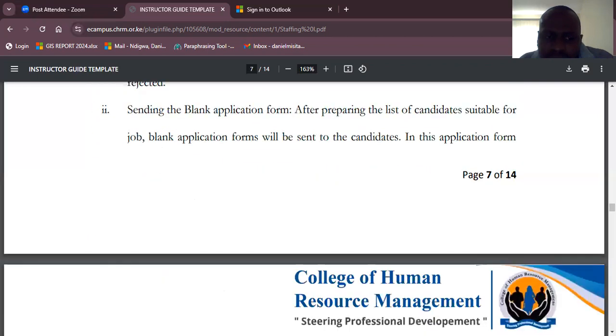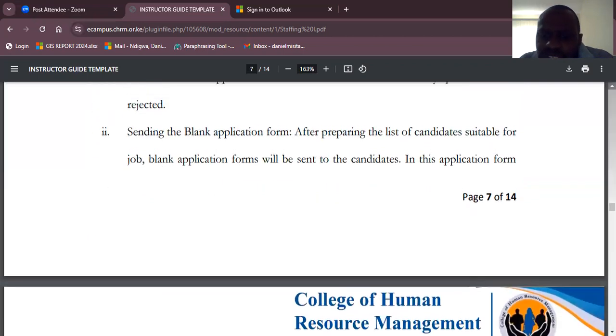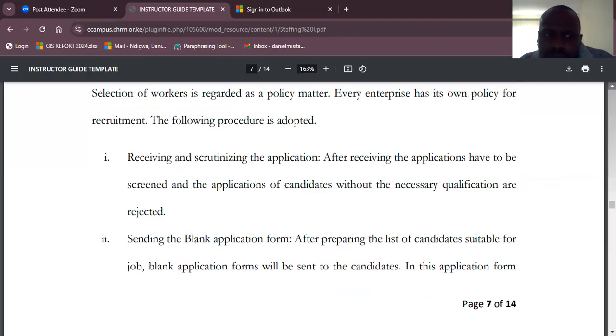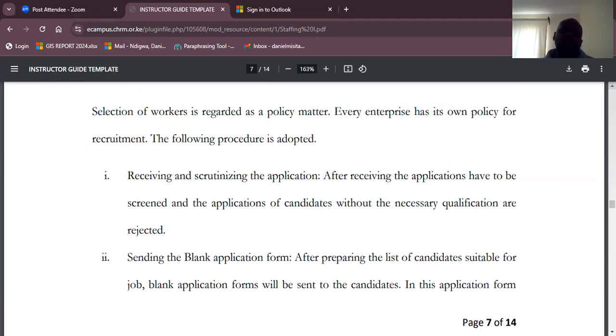So what is the selection procedure? But before I talk about the selection procedure,